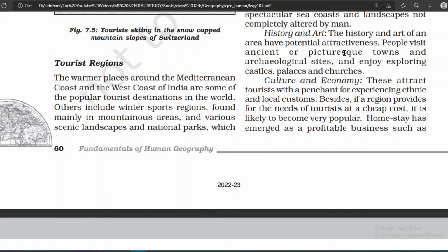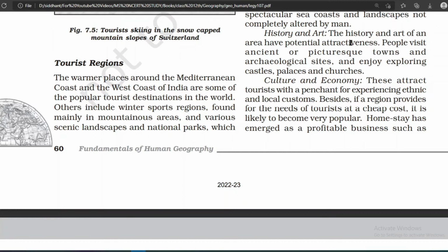The history and art of an area have potential attractiveness. People visit ancient or picturesque towns and archaeological sites and enjoy exploring castles, palaces and churches. Culture and economy also attract tourists with a penchant for experiencing ethnic and local customs. Besides, if a region provides for the needs of tourists at a cheap cost, it is likely to become very